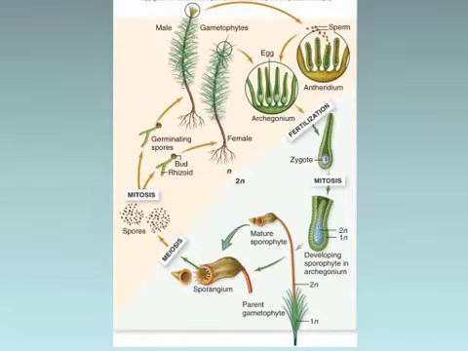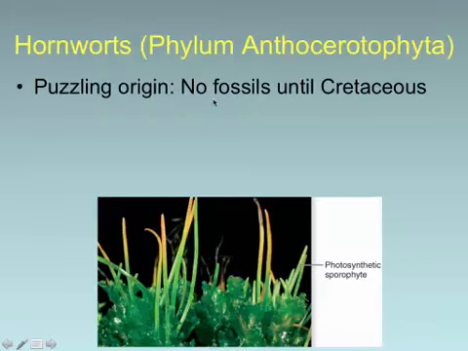Right, so here's just a bigger view of that life cycle. Male and female plants with antheridia and archegonia respectively, sperm cells and egg cells respectively. Fertilization occurring, we've got a zygote, N plus N is 2N. Zygote gives rise to embryo. Embryo eventually produces a stalk and a capsule. Cells inside the capsule or sporangium, same thing. Capsule, sporangium are the same thing. Cells inside of here go through meiosis. The capsule opens up. Spores are released. Some of these spores are going to become male. These are going to become female, eventually giving rise to gametophytes, which are female or male, respectively.